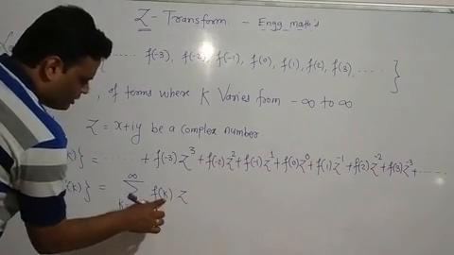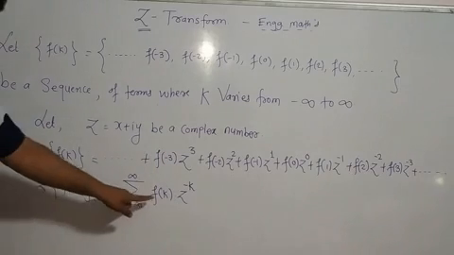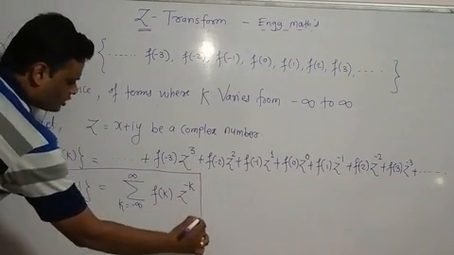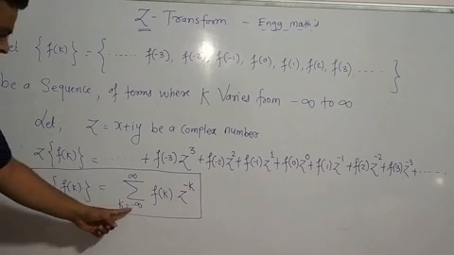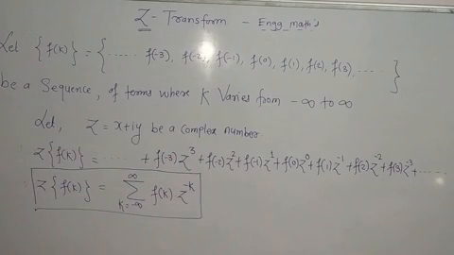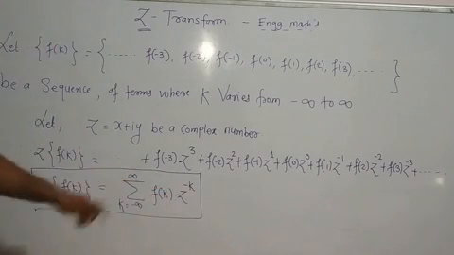Now if I take k here positive, then the power of z must be negative. If you take over here negative, the power must be positive. Okay, so that is how we define the Z transform. So this is the definition of Z transform. Z of f of k is equal to summation from k equals minus infinity to plus infinity f of k into z raised to minus k. Okay, so f of k is a function in k, and into z raised to minus k you have a power here, a negative power if k is positive.